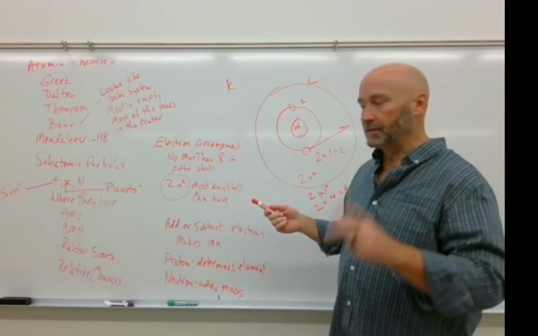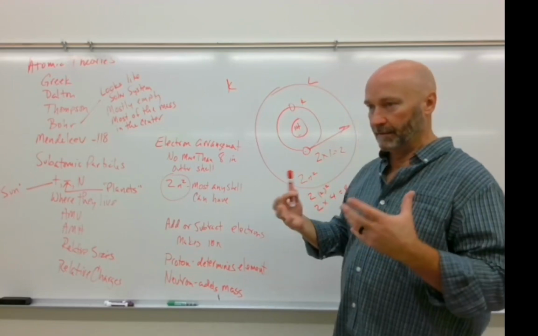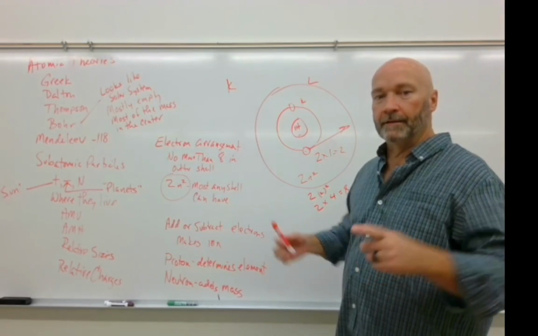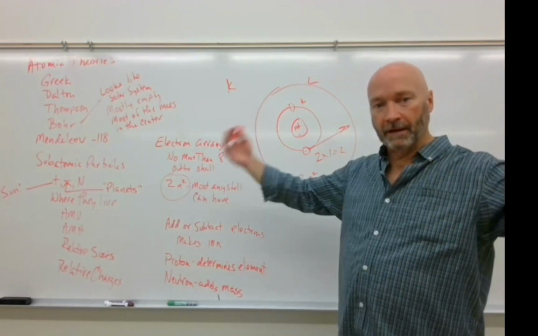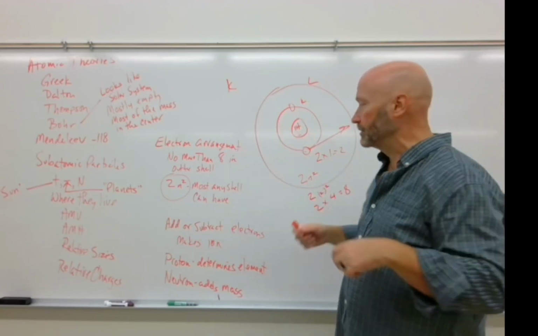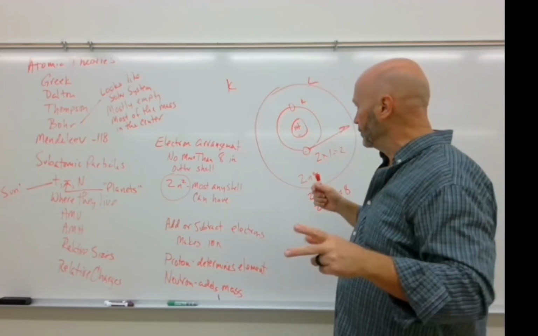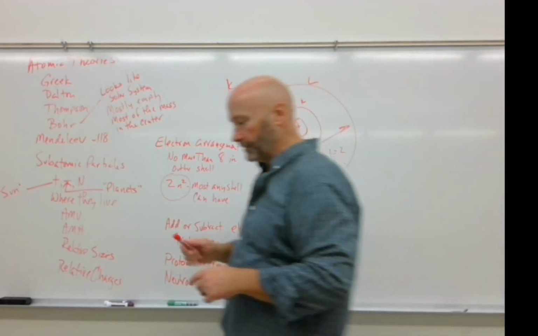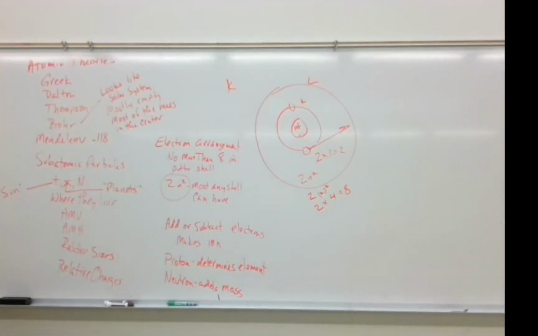So the two things that you need to know about electron binding energy are: one, the bigger the nucleus, the greater the gravitational pull, the greater the electron binding energy. Two is the closer it is, the greater the electron binding energy. So I'm going to refer you back over to Bushong again, and we're going to take a look at this.